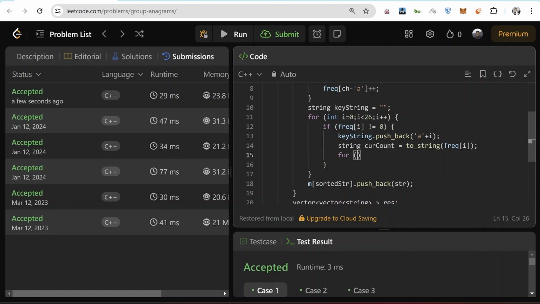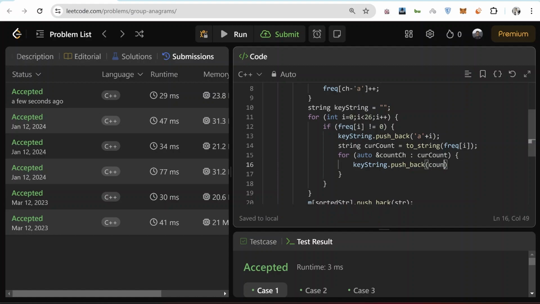So we have to iterate through this as well. So for auto count character in count, I will just push back. So keyString.push_back count character.